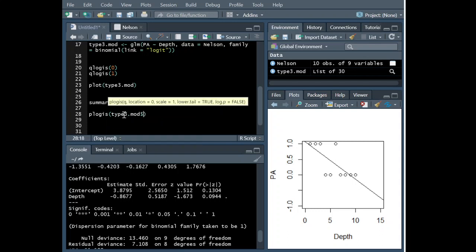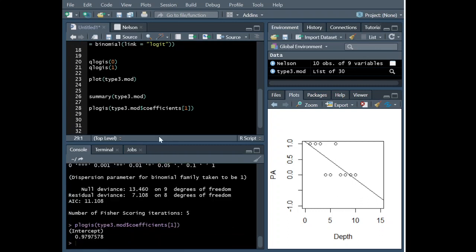So for example, if we specified the first coefficient of this model, the intercept, and the plogis of it, if you just look at the summary output, it says the intercept is 3.879, but in real-world units, it's actually 0.98, right? This means that when depth is equal to 0, when our predictor variable is equal to 0,